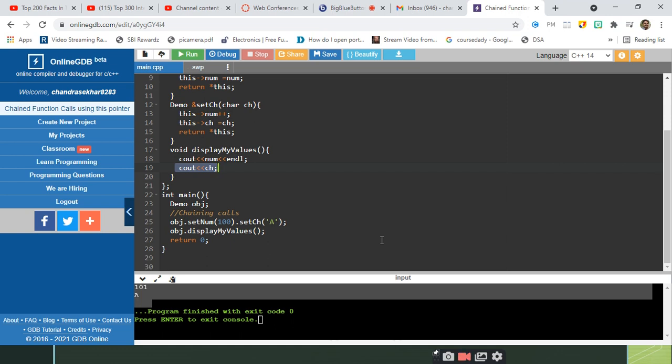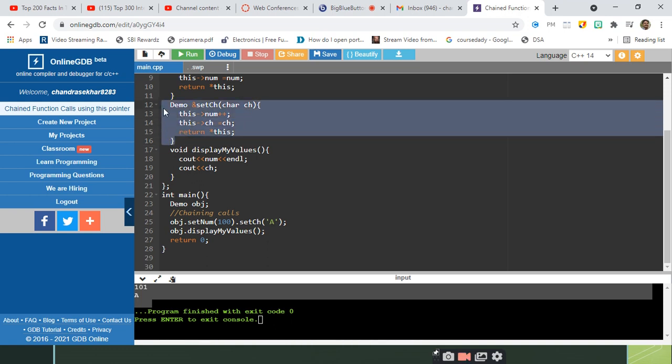Chained function calls is nothing but you are going to invoke a number of functions as a chain, as a sequence, with a single object, right? We have demonstrated it with one example, and finally we ended our discussion by demonstrating a simple program showing that the data members can be modified using chained function calls also.